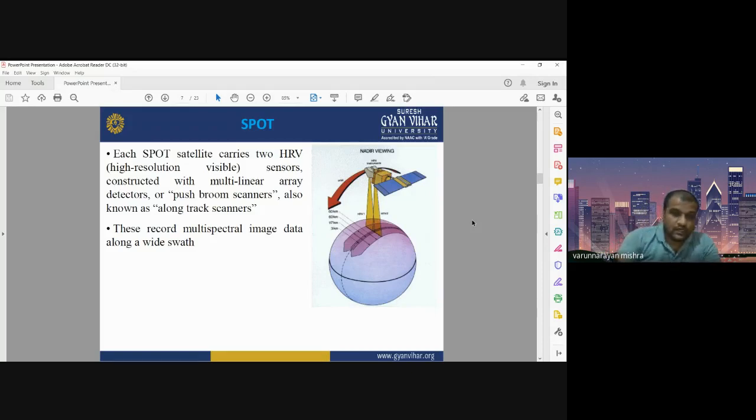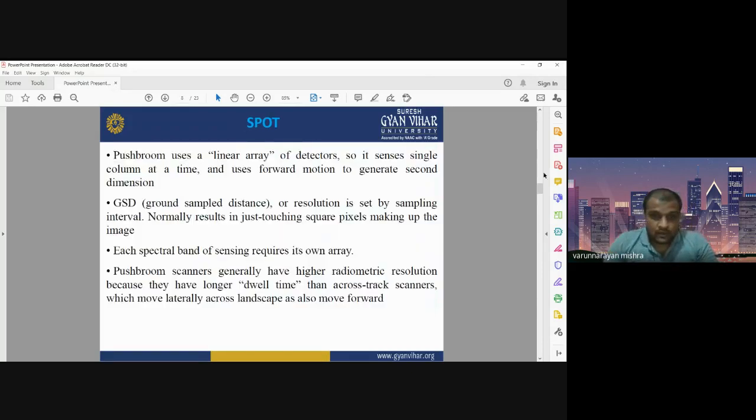Okay, now it has a push broom scanner or push broom sensor, so definitely it will have some detectors. As we know, the push broom sensor has different detectors. Each detector is sensitive to a specific wavelength interval. Suppose there are 5 detectors, so each detector may be sensitive to a different wavelength. The blue detector will be sensitive to blue, the green detector to green, the NIR detector to NIR.